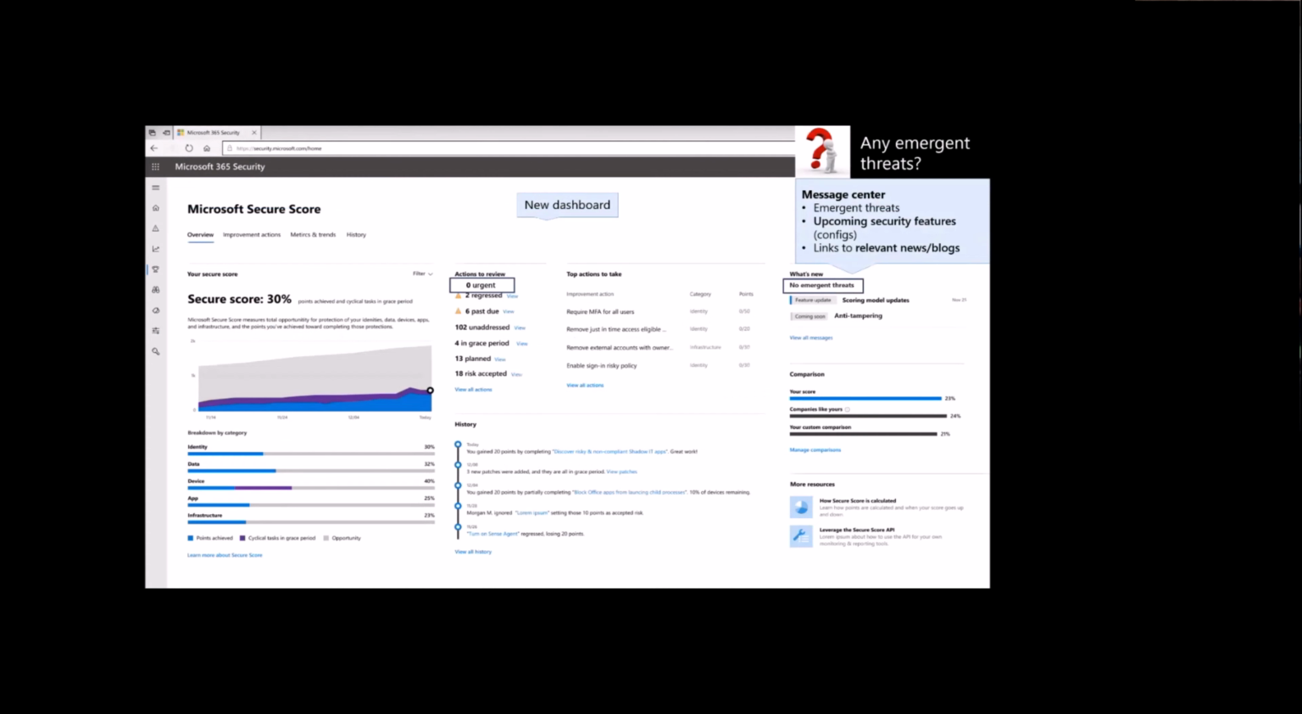So right here is Microsoft Secure Score, and this is what it looks like. Right now this institution's at 30%. You can see below it's broken down by category on the left-hand side. We've got identity, data, devices, apps, and infrastructure. And then from there, on the right-hand side in the middle, this is our dashboard that